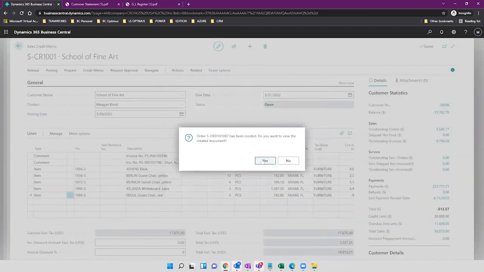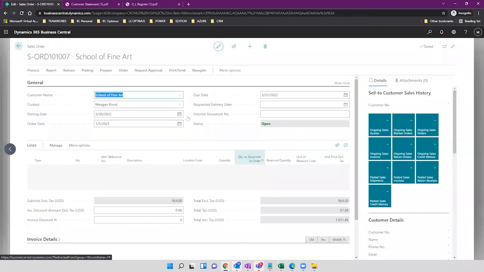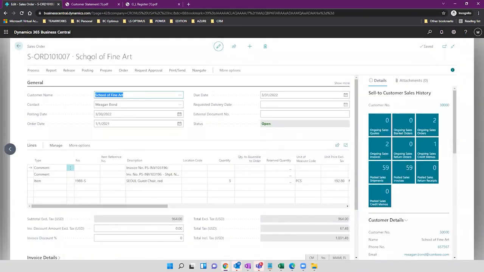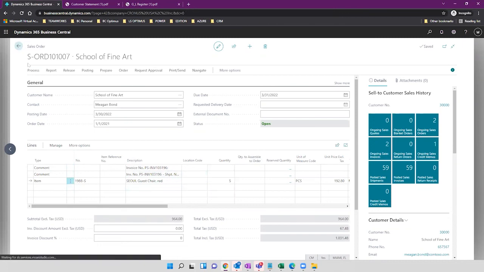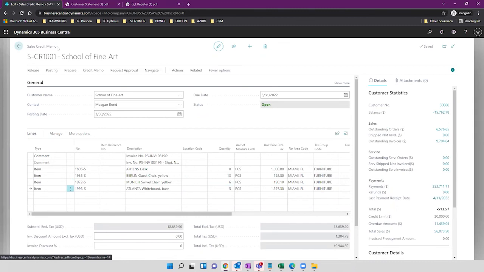And a sales order was created. It's just there. This is the new customer order related to the previous document, so you always have evidence, and we are now going to sell other items. These are the real items that this customer wanted. And from here, the sales credit memo, I'm now going to post it